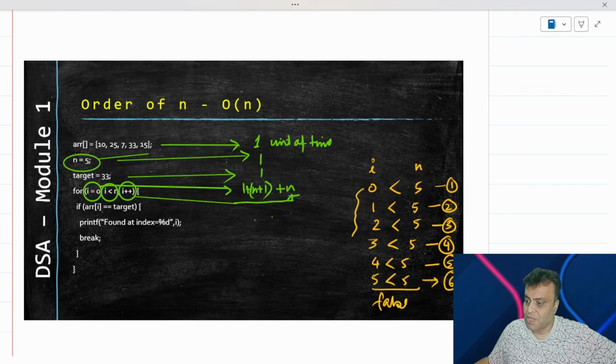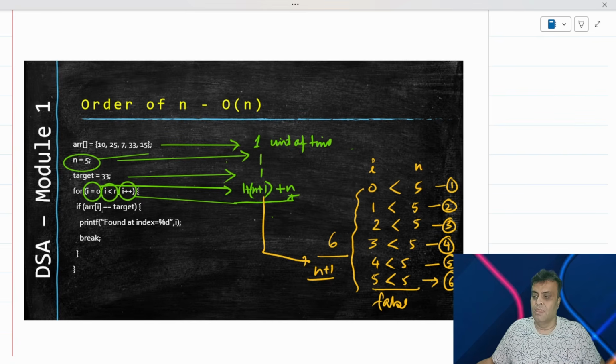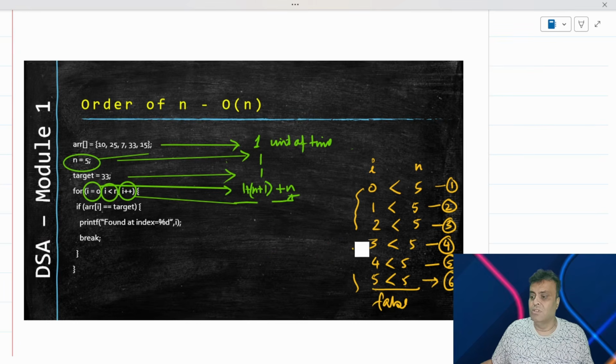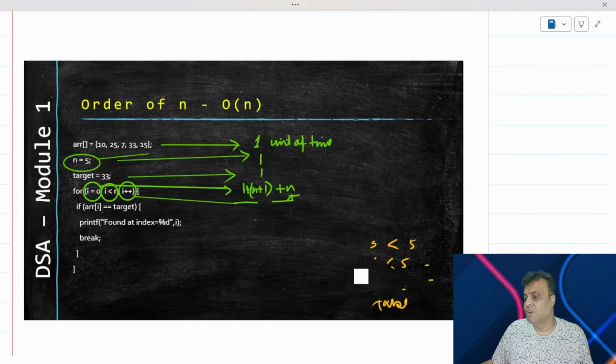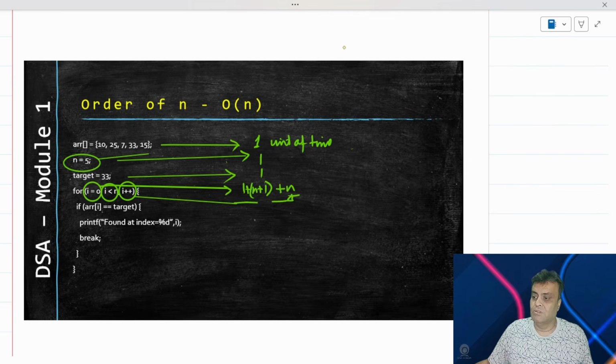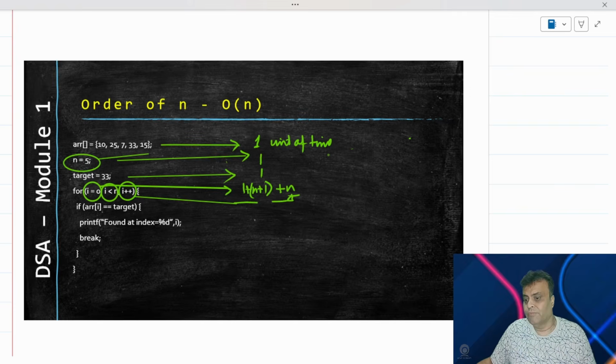So how many times have we compared? 6 times. What is 6? This is basically n plus 1, and that's what I have written here. Right, so this is how the middle term actually executes itself 1 count extra, because you have to always assume that a for loop condition check is always executing 1 time extra, because it has to exit also. That is, the false condition is also counted here. Right, so that's on the part of this particular line, how it executes itself.